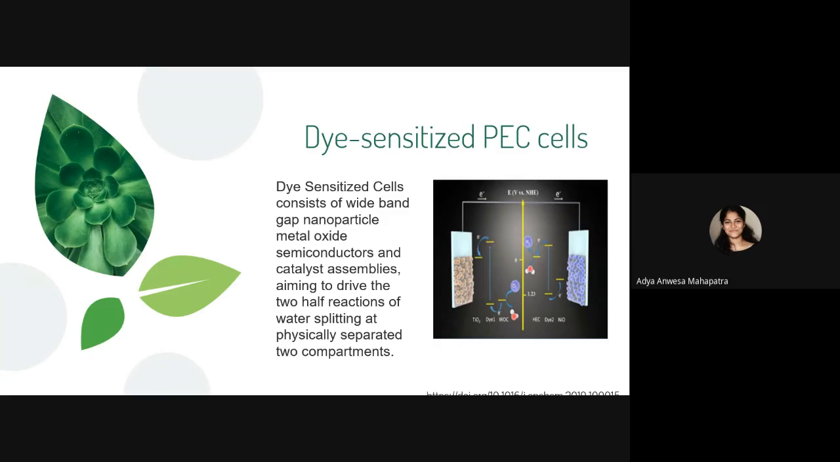Dyes act as the light trapping agents, and catalysts are used for hydrogen production and oxygen production. The charge transfer between the dye and the catalyst plays an important role. This can be better understood with the help of an example. Let's say a dye-sensitized photoelectrochemical cell is composed of a dye, a water oxidizing catalyst, and a titanium oxide attached